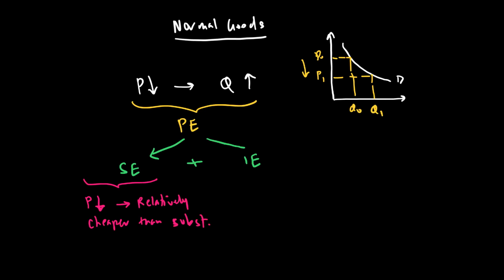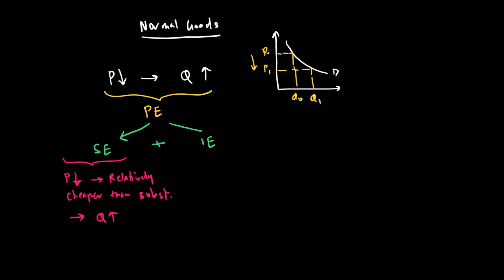And because it becomes relatively cheaper than the substitute, we will buy more of this good. So the substitution effect simply says buy more because the good is becoming cheaper than the substitute. On the other hand, the income effect says that if the price of a good goes down, the real income or purchasing power goes up. And if the real income or purchasing power is going up, then we should buy more of this good if it is